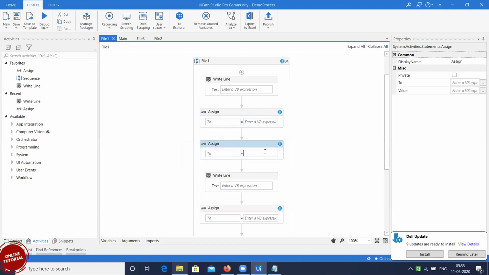If I fix it, then this error will disappear, which means there is no error. Only if there is no error can you execute. If there is any error, you cannot even execute a process, just like every technology.